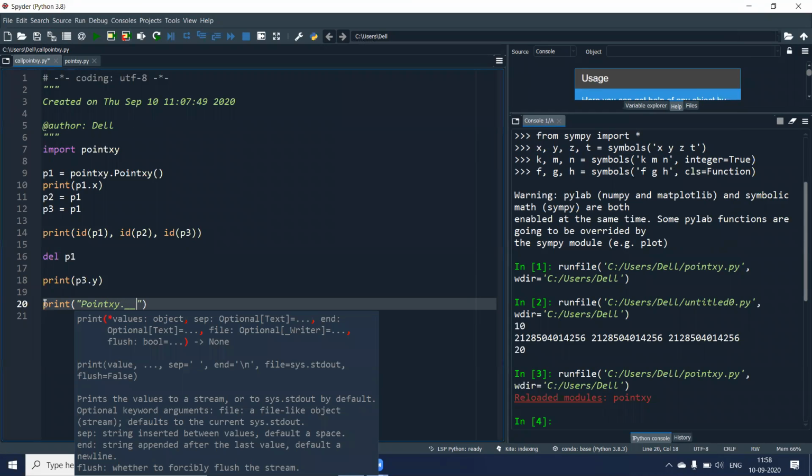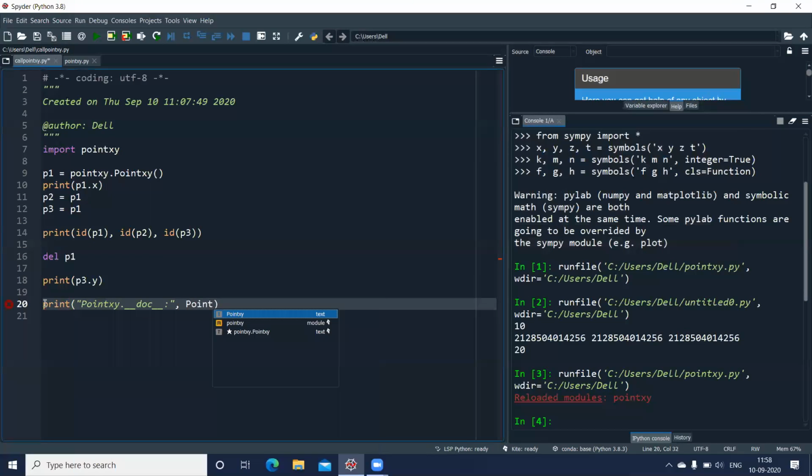Now double underscore is needed here in this attribute, followed by a double underscore at the end as well. Okay, put a comma, and now to access this variable I'll use Point.xy dot, then followed by the double underscore doc double underscore. That's it.